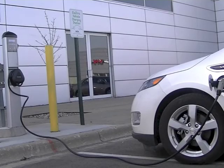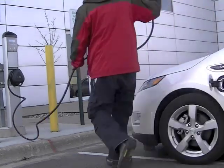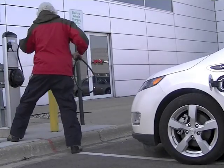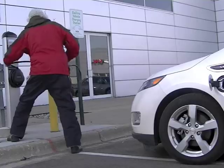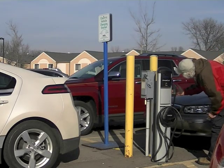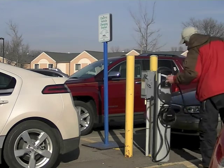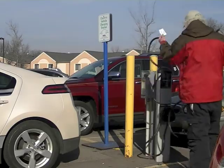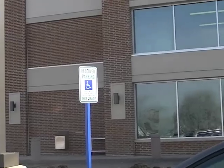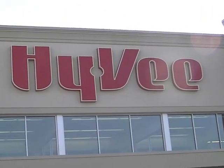This charging procedure is really lots easier than at the gas station. And of course, there's no fumes or chemicals or flame hazards involved. And best of all, the stations are usually in the closest spot to the entrance of your destination. They're usually by those coveted handicap stalls, like this spot we got at the Hy-Vee supermarket, post office and